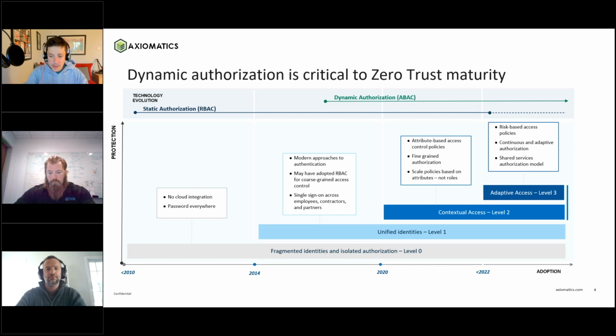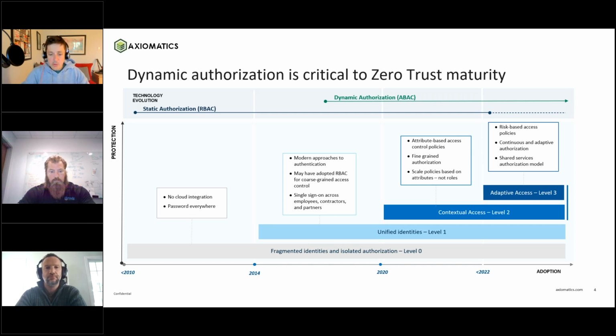If we paint ABAC and dynamic authorization into the evolution of zero trust, if we go back to the pre-2014, the pre-2010 days, there is no integration whatsoever. Authentication, like I said, is done ad hoc on a per application basis. It's probably a whole lot of passwords hiding in application code. And little by little, we realize, well, hang on a minute, we've got to clean up that authentication mess. We have great technologies like the trusty SAML, but more importantly, things like OAuth, OpenID Connect, great products like Ping and Okta that solve the authentication challenge, but kind of stop short of going the step further, the second level,